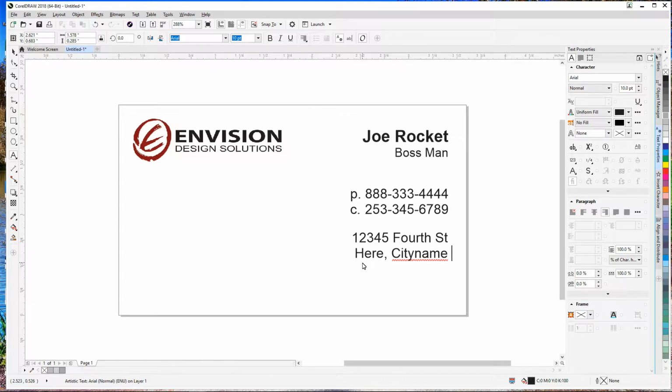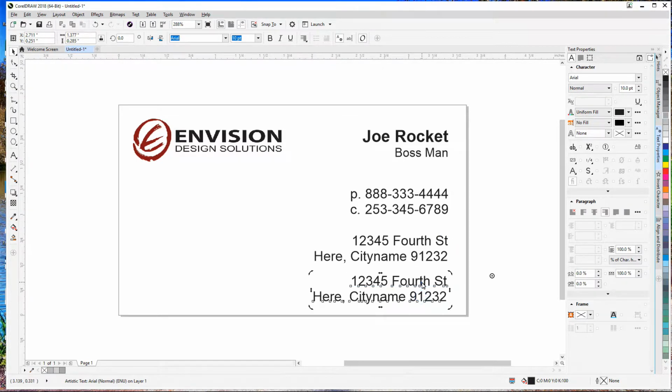And then I'm going to add the zip code. I forgot to put that in. Okay. So that's one way to handle that. And then Control-D again. And then now I can do something like Control-A. Maintaining sort of the same design thing. I can do the email. And then I can go